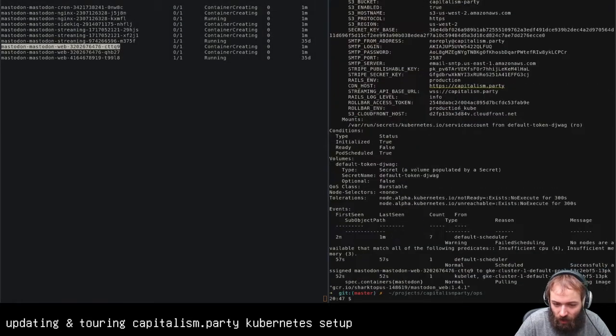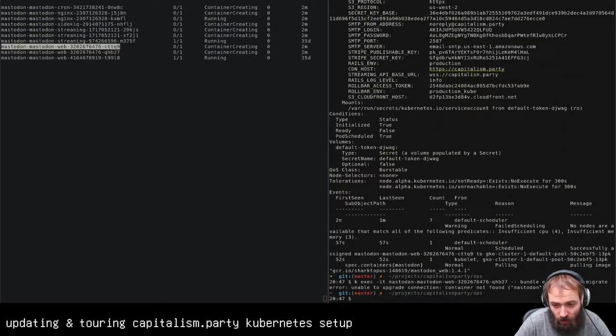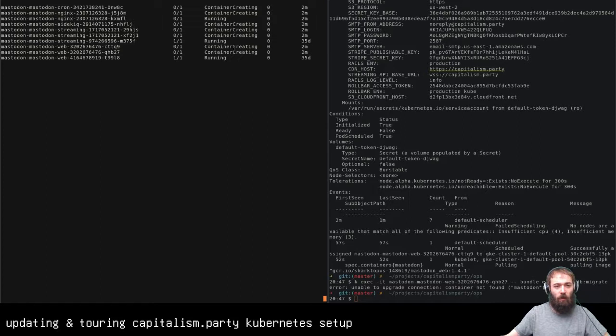I'm not sure why it's not coming up. That's what I want to see. It's pulling a large image. Okay, that seems about right. And then this was getting mad about what? What did it say again? Container not found Mastodon. Yeah, because it's still container creating. Okay, that makes sense. Alright, so when it's done pulling this image, we should see these guys pop up